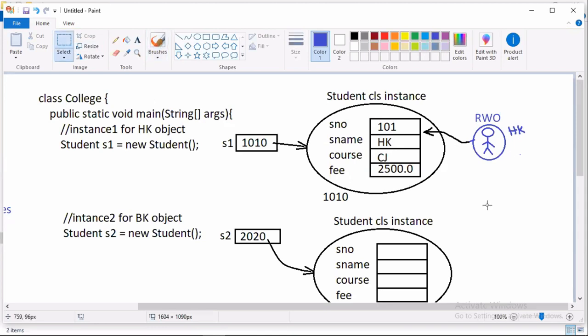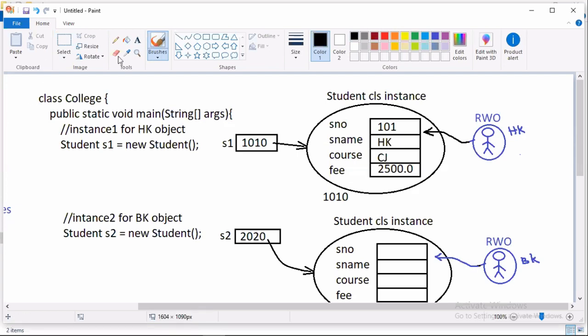Now we created this second object for what purpose? For representing the real world object BK. Tell me, for representing the real world object BK, what to do? We must copy these BK values into this instance.